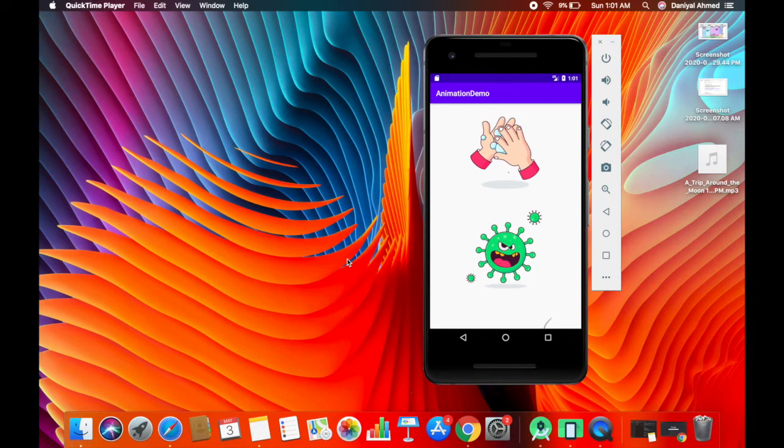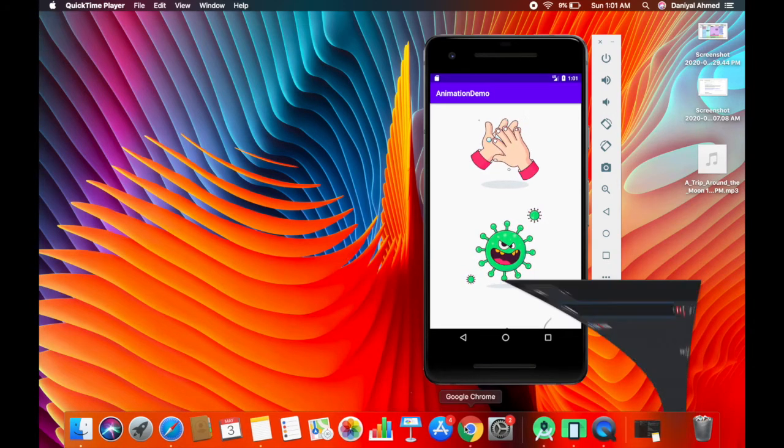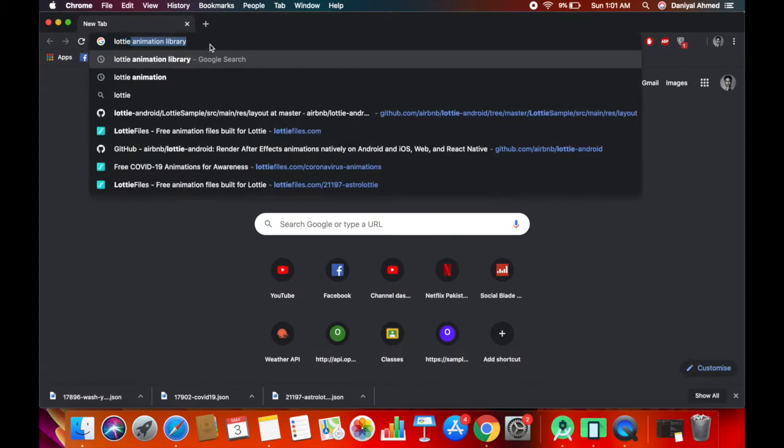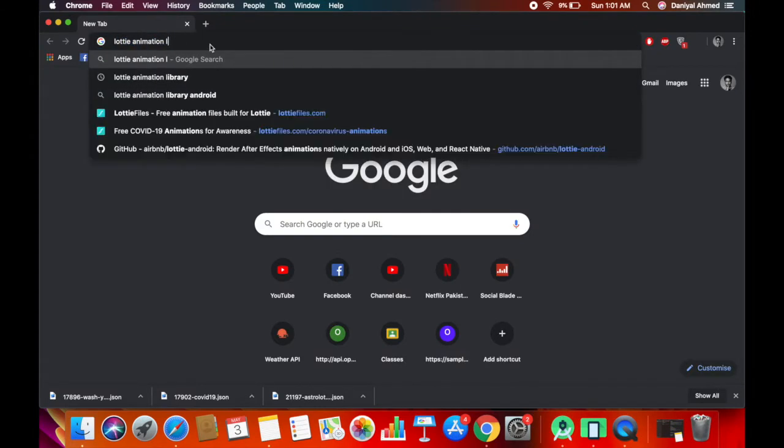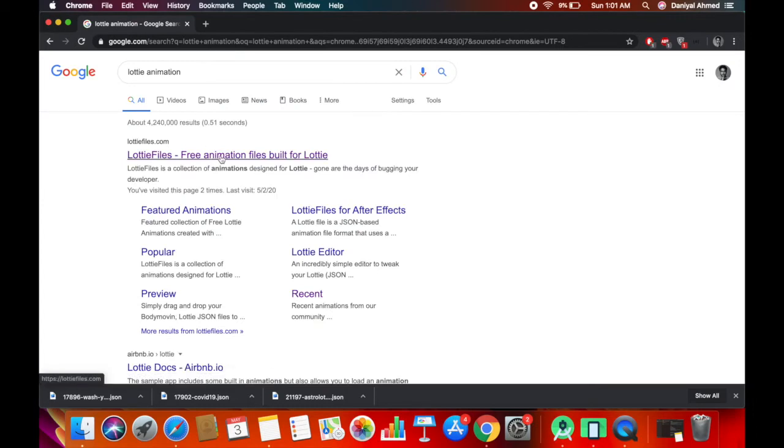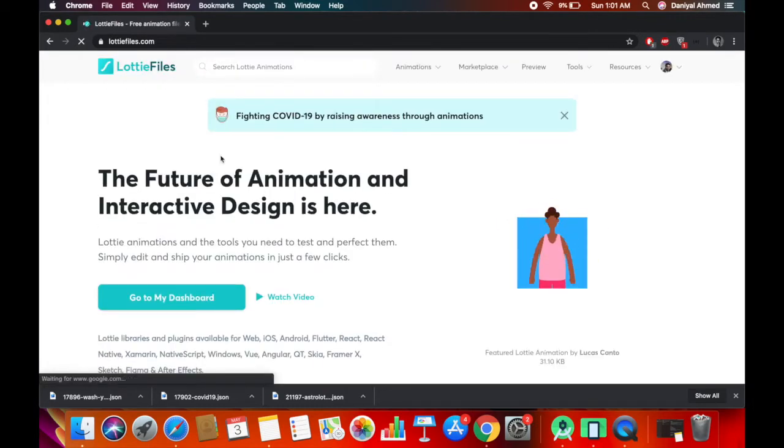In this video we will learn about animation, how we can apply cool animation in our application to make great UI/UX elements. In order to do that, go to Chrome and search for Lottie animation. Only Lottie animation, yeah, you heard it right. The first link comes up with the LottieFiles website. This website provides free and paid animations, and Lottie animation creators are also available on this website. You can hire them for your own custom animations.